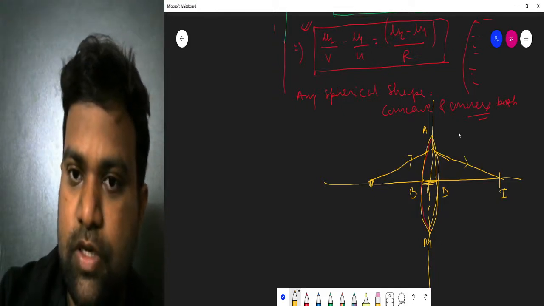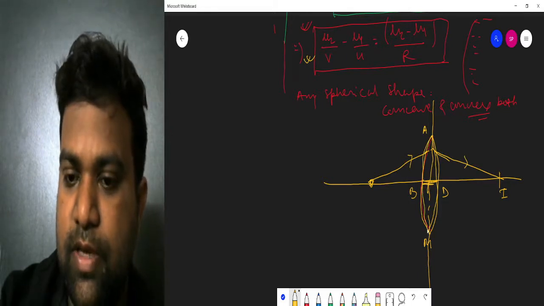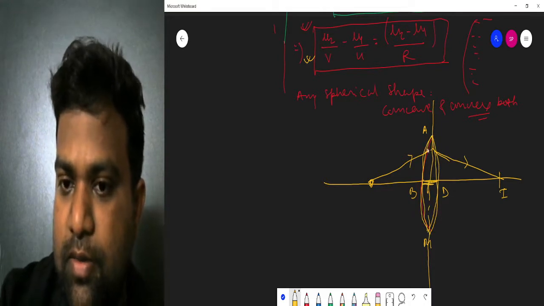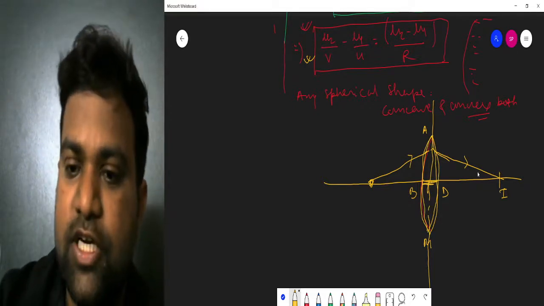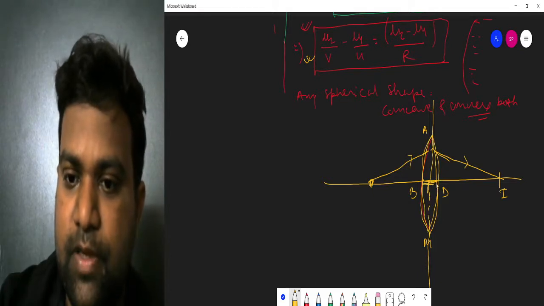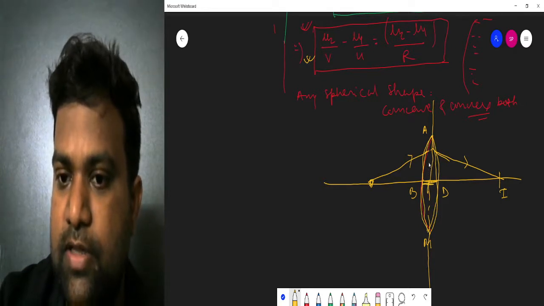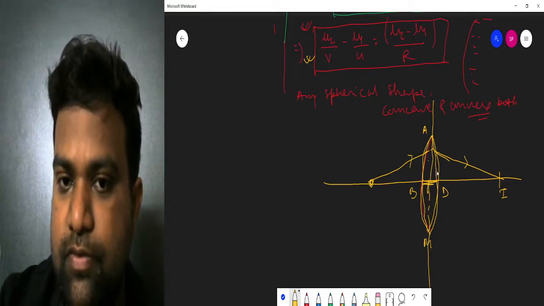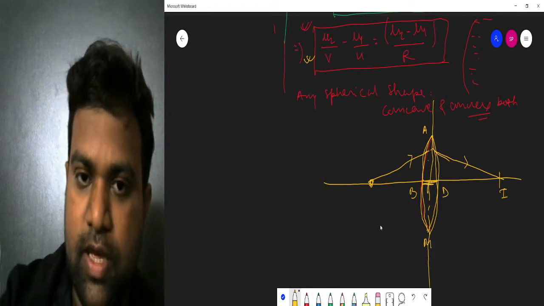Now the principle is we got this relationship for one surface, like this surface, a convex surface. Now, the image that will be formed by the left surface, that is the ADM surface, will be used as the object for the second surface. The second surface is like a concave surface, where the light is traveling from denser to rarer